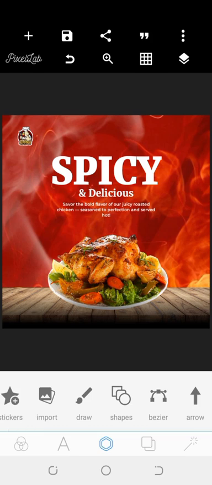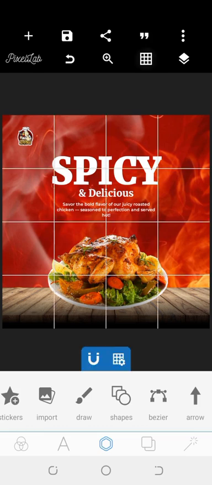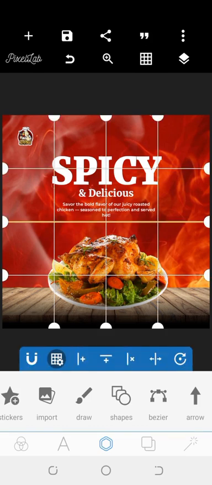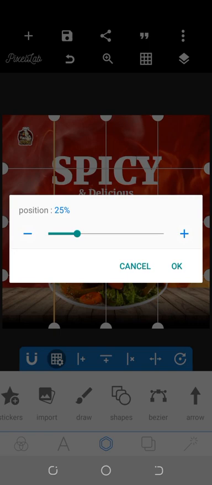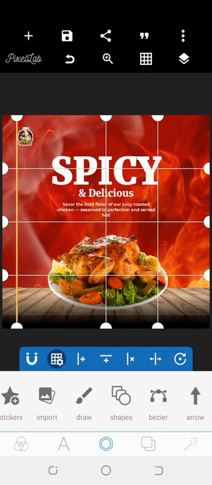Minus 3 is good. So head over to the grid tool, click on the grid setting, then on the left hand side, click on movement. Now you see the position is 25. However, I'm going to reduce the position to 7. So now the left hand side grid line is on 7. To have a balance on our design, what I'll do is